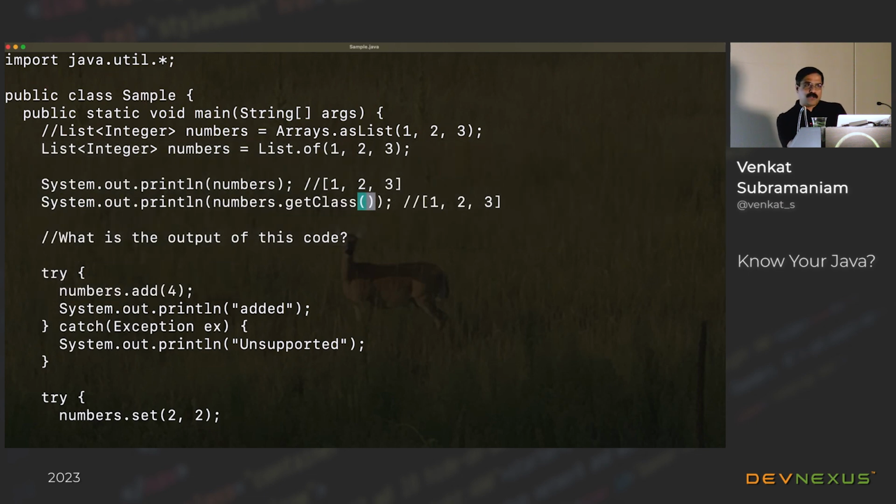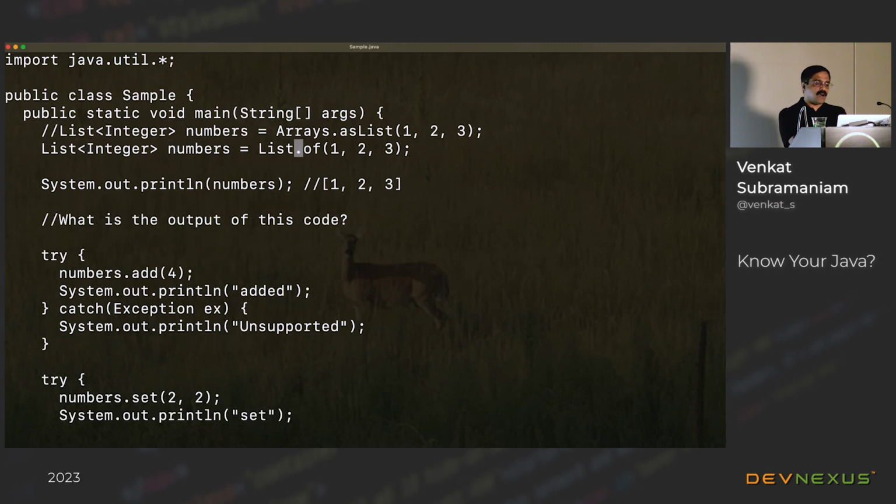So if you're writing code using functional programming, or if you really want to create code with fewer errors in it, and if you really want to honor immutability, that can be a really nice way to do it. So list of, set of, and map of are all good functions to use. And of course, immutability is great for a number of reasons. When something is immutable, you can share it very safely. But not only that, when something is immutable, you can make a copy of it safely as well. So you can pretty much rely on it. So that's one of the reasons why immutability is really useful to have.